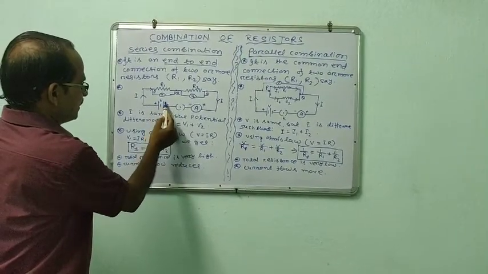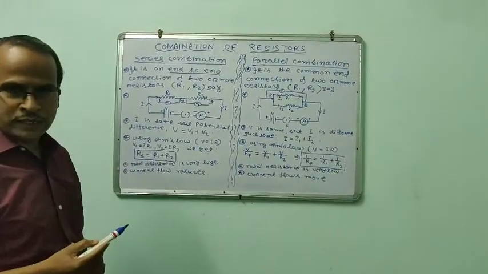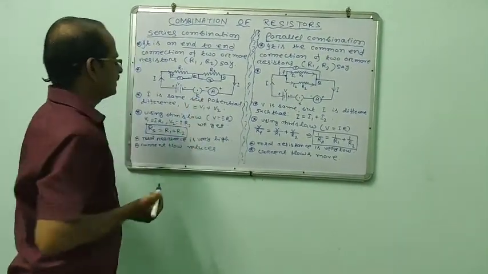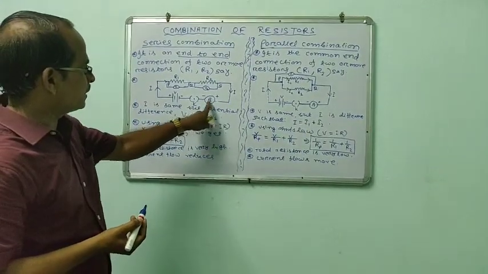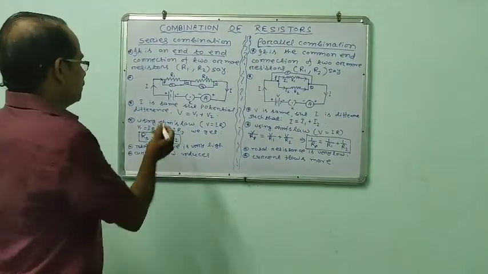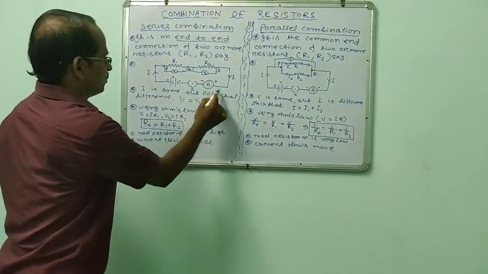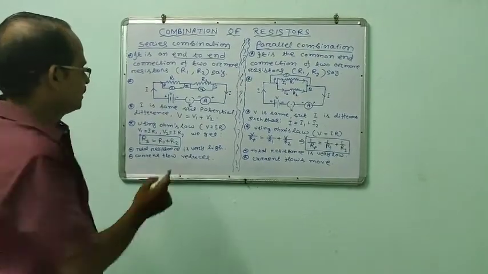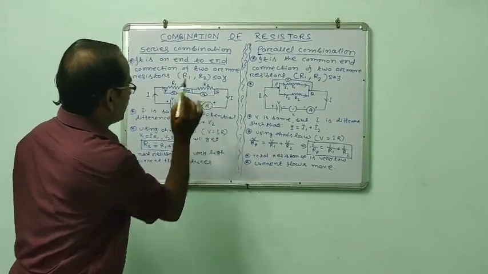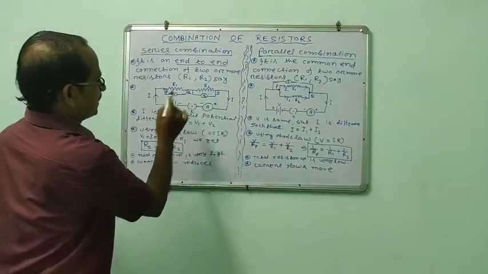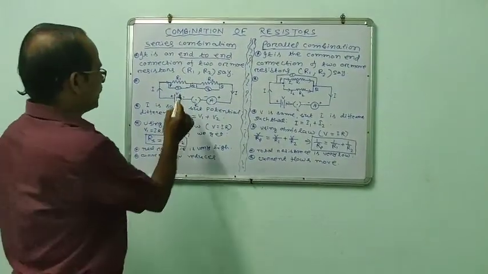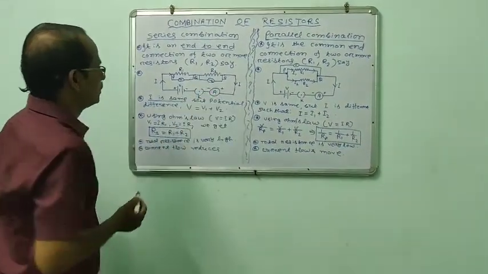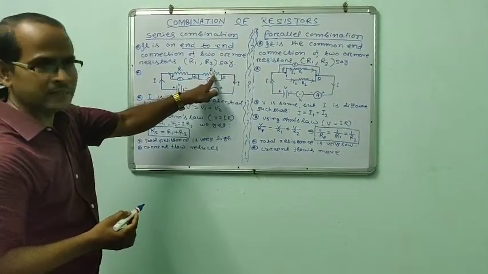And there is a battery of potential difference V, one key is connected, and the ammeter is connected in series with that. So now we'll see in this series circuit, when current I flows, the path remains the same. There is no change of path, because the same path is there, the same flow will continue. So that's why in both the resistors I is the same. Here also it is current I, here also it is current I.